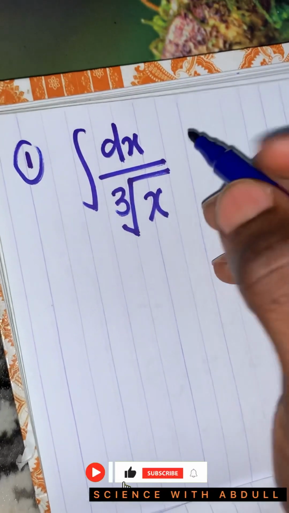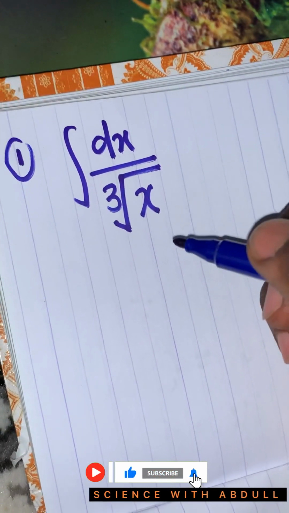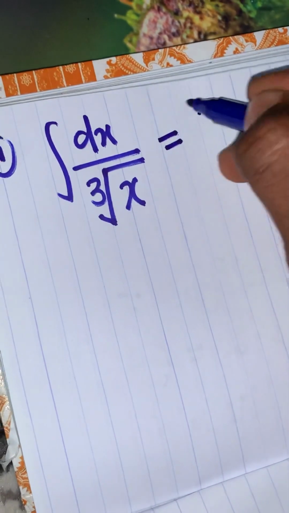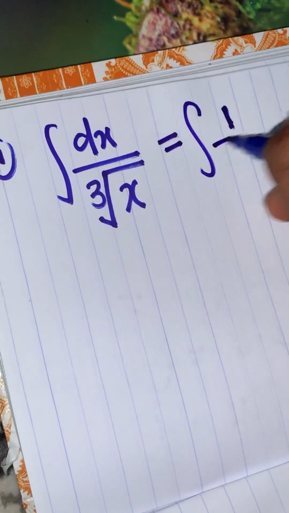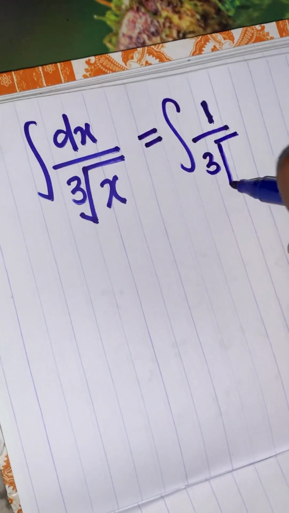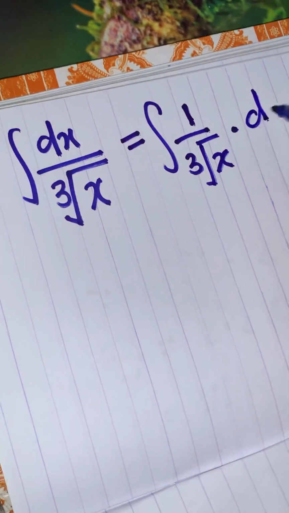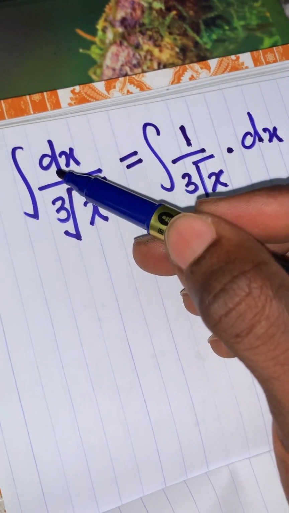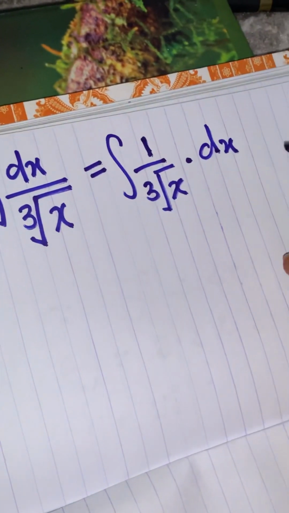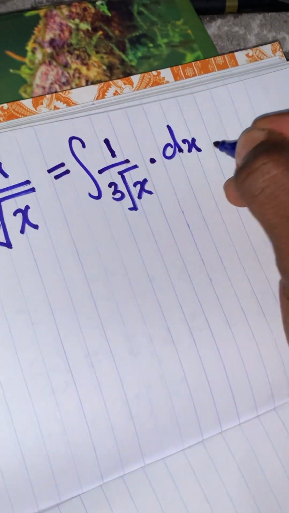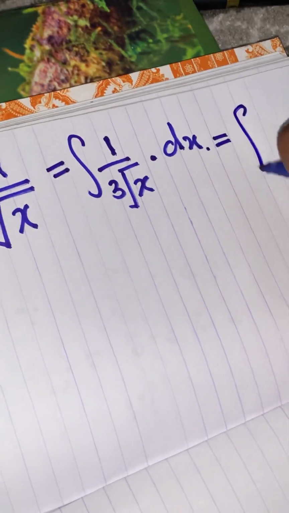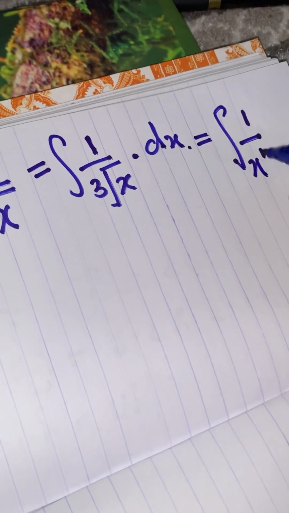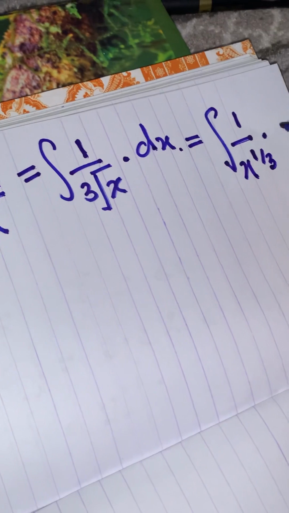So as given, integral of dx divided by cubic root of x, we can go further and write this as integral of 1 divided by cubic root of x dot dx. When we say 1 multiplied by the x, it will exactly give us the x. Therefore, from here we can further write this as integral of 1 divided by cubic root of x, then dot